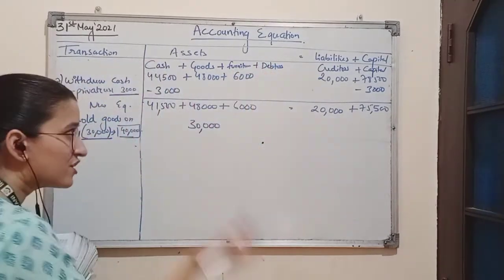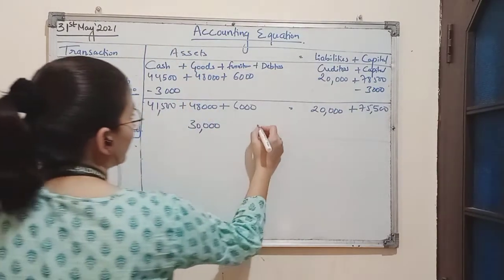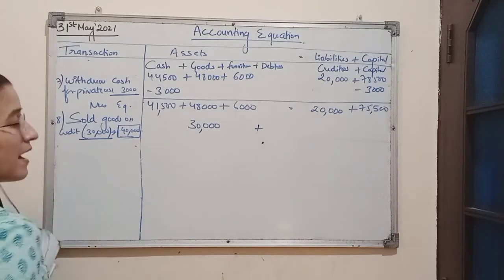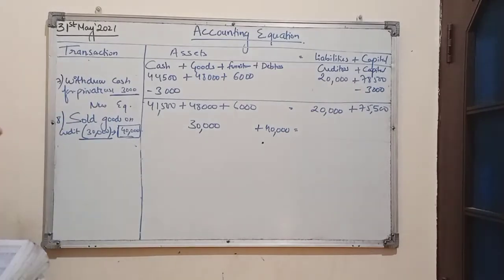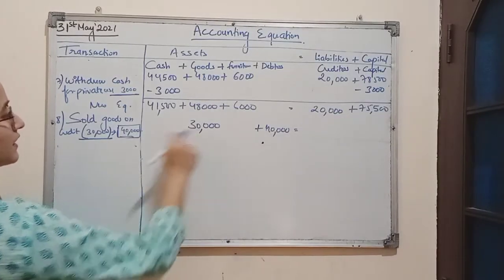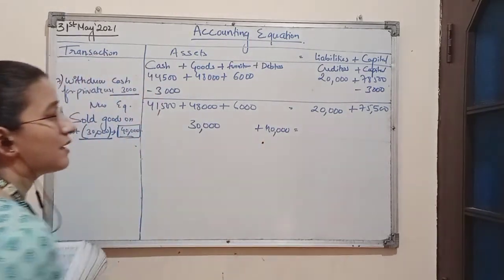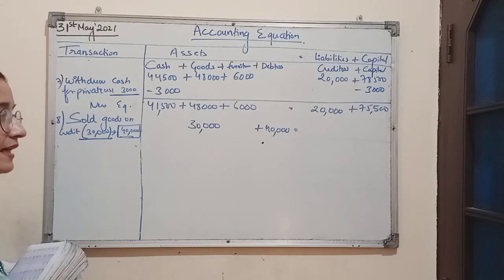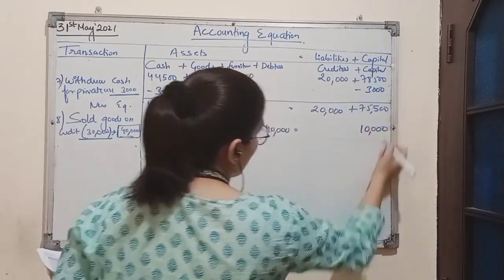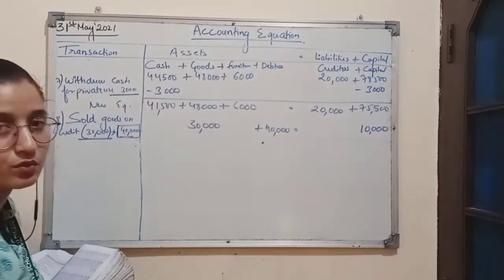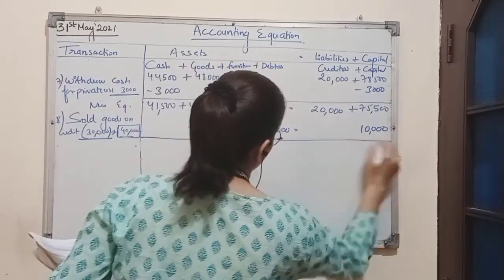So as cash is to be recovered, it will be included in the assets column. So here the debtors balance will be 40,000 because we have to receive 40,000 from the sale of 30,000 of goods. Now 30,000 of goods has been sold for 40,000. That means there is a profit of rupees 10,000. And we know the profit is added to the capital amount because this profit is to be returned to the owner by the business. So it is a liability for the business also.